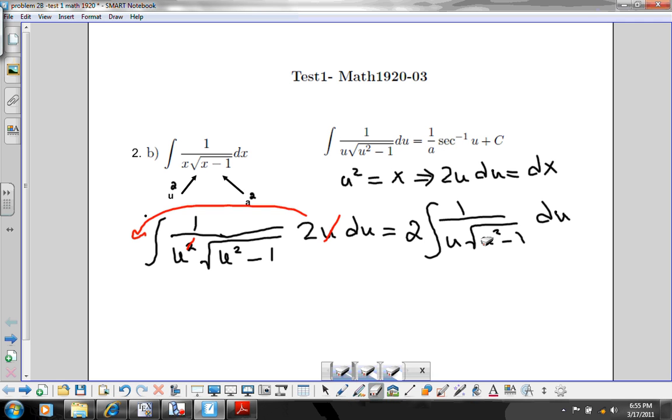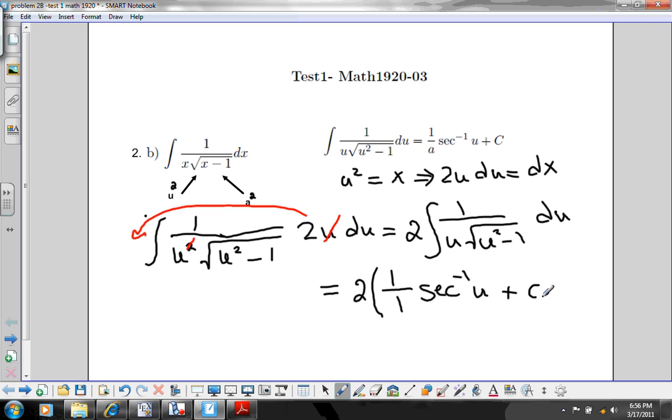This is actually a u. I'll write that a little nicer. Okay, so this is just like the formula that we've got over here. We've got 1 over u square root of u squared minus 1. So therefore we get 2 times 1 over a, and our a is just 1, so 1 over 1 secant inverse of u plus c,